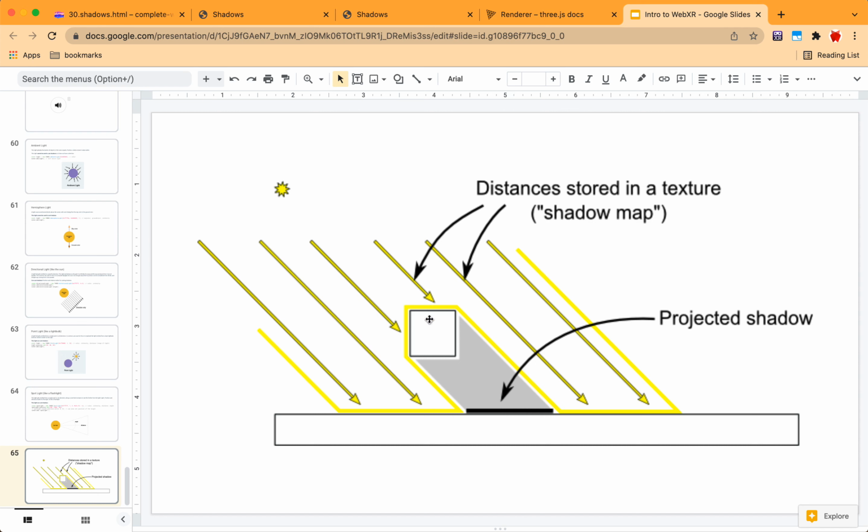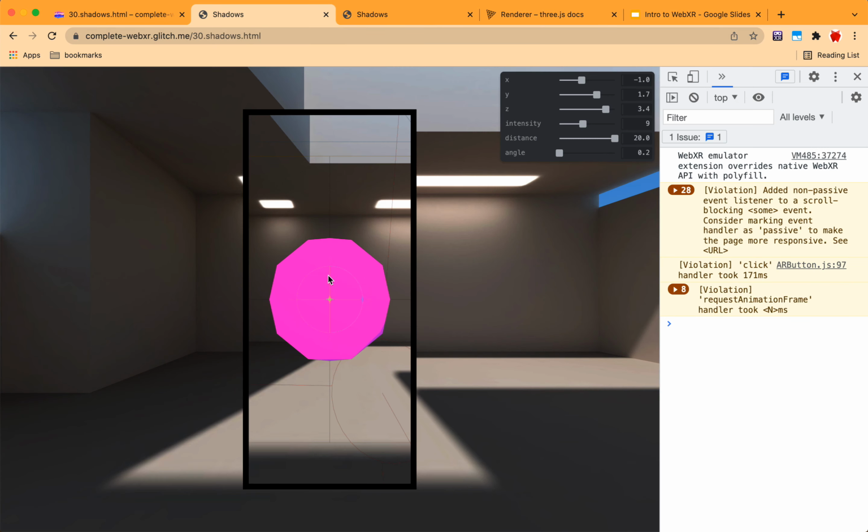So again, the details of this technique are much more complex than the scope of this class, but I just wanted to explain at a high level what shadow maps are because you're going to see it a little bit in the code. All right, so if we jump back to the code, we're going to start off with the